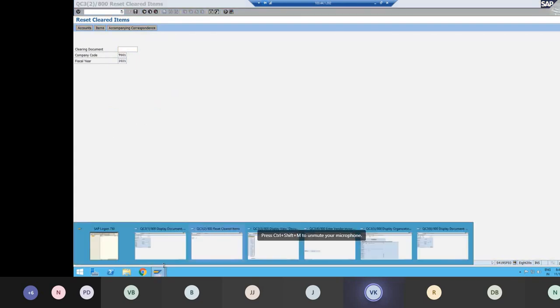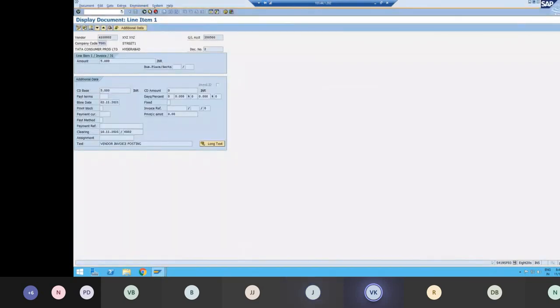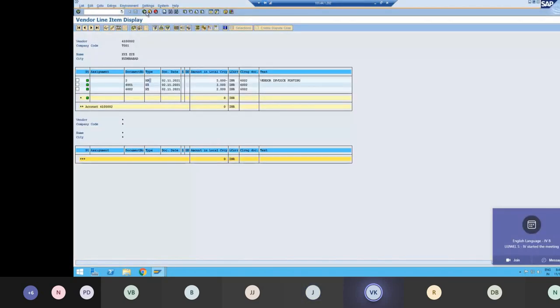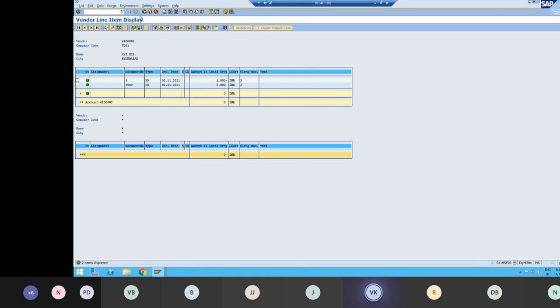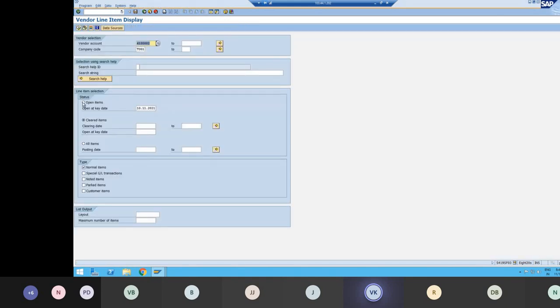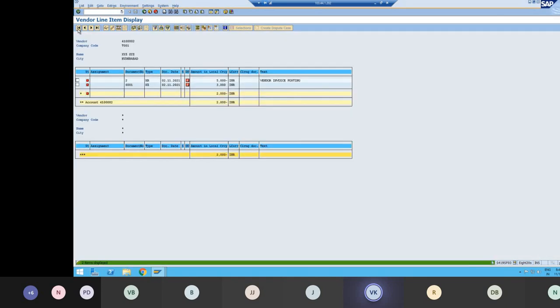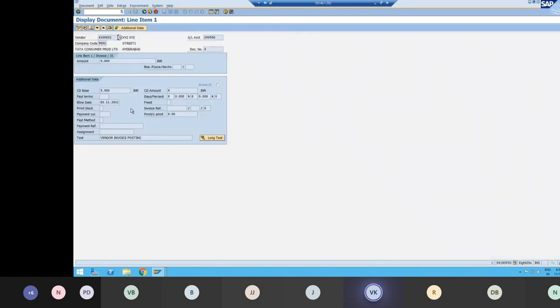I will go back again to this document, click on execute. I'll select first open item. Now again this invoice has become open. If I double click on this invoice, that clearing document information has gone. It's nowhere there. And now you will be able to reverse it.